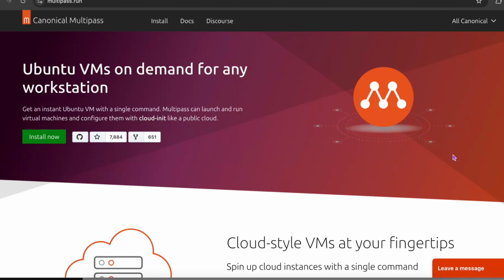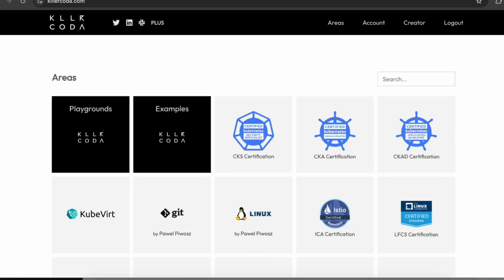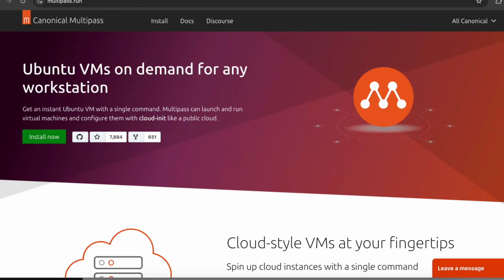All right, so today's video is all about exploring two fantastic tools, Multipass and Killercoda. And these platforms are excellent for practicing Linux and web server configurations without needing full access to cloud platforms like AWS, Azure, or GCP. And so in today's video, we would cover the basics of text editors, Nano and Vim,